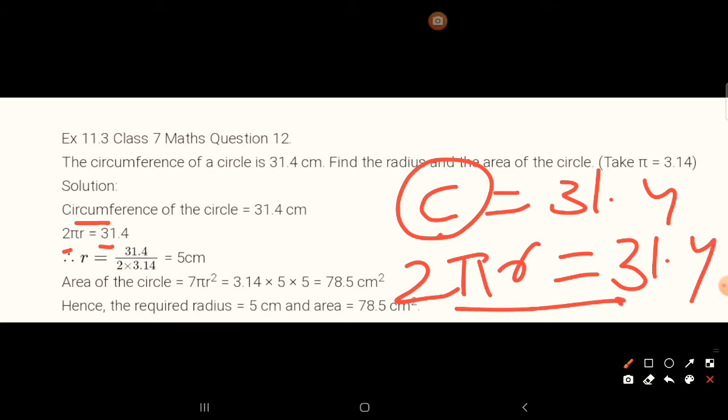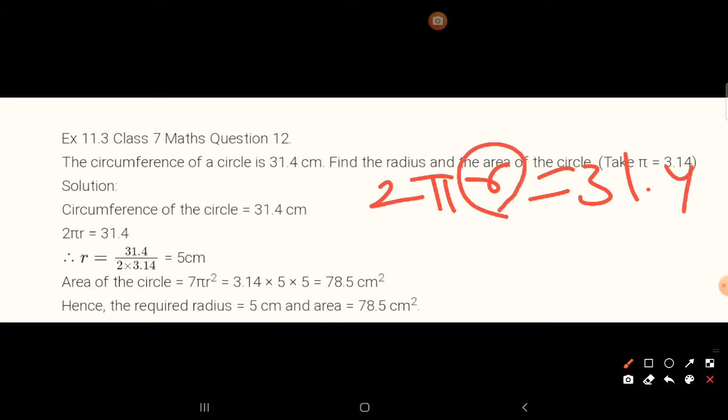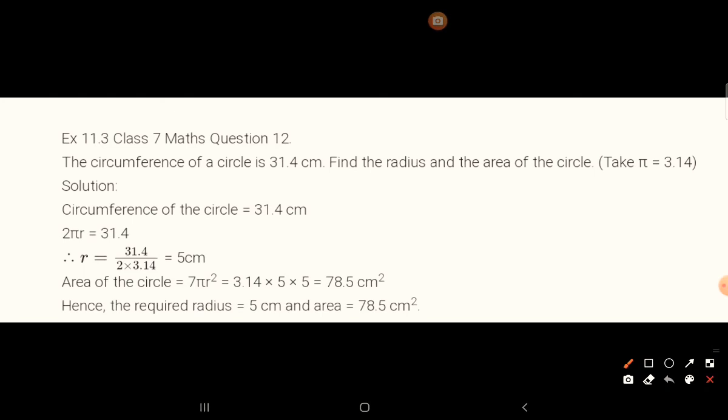Now with the help of this we will get the equation for r, meaning radius. So what you need to do is put the values in this formula. It is 2 pi r equal to 31.4, and we have to find out this r. So what is pi? The pi value is given, 3.14, and on this side 31.4. This side r is not given, so r we will keep here as it is, and these both will go in the denominator. So r will be equal to 31.4, and in the denominator 2 into 3.14.